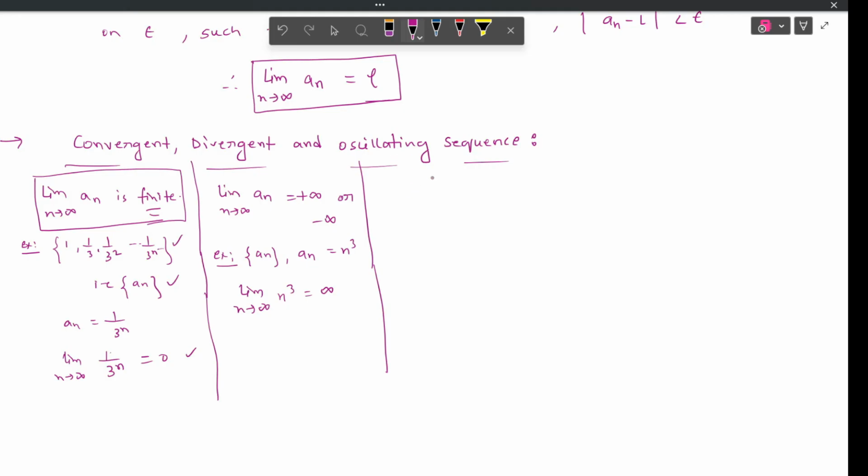Now let's talk about oscillating sequence. Oscillating sequence means it is neither convergent nor divergent. So let us take one example. If we have a sequence something like this, minus 1, 1, minus 1, 1, in this way, that is, we can say minus 1 to the power n is the a_n. This is oscillatory, right? Because